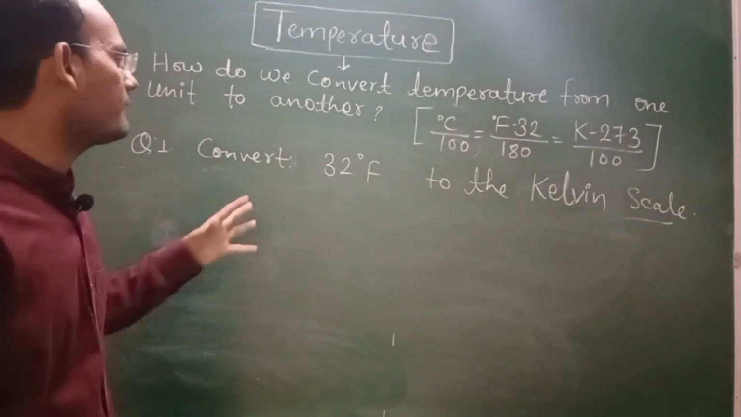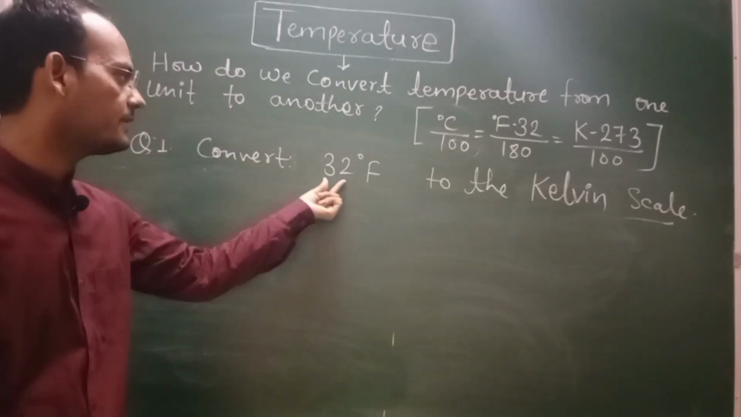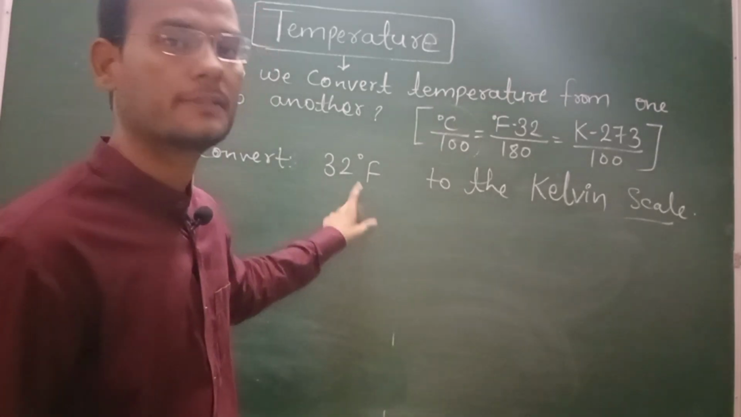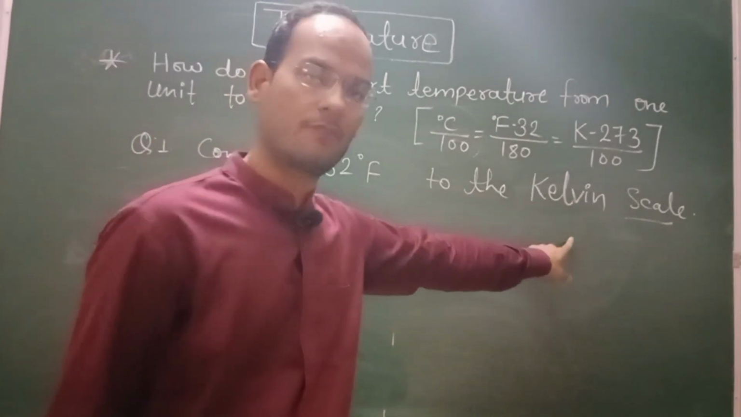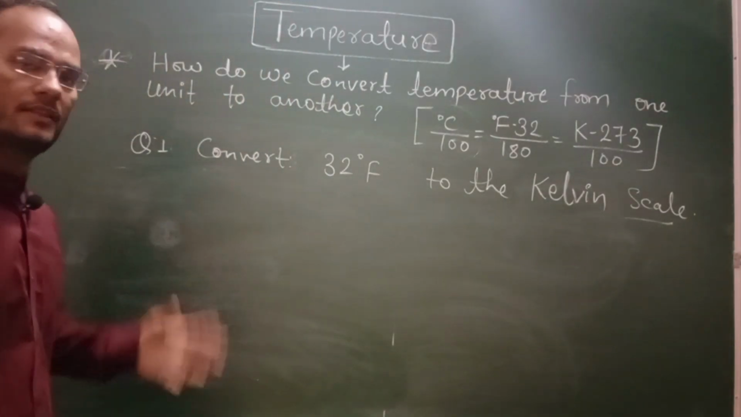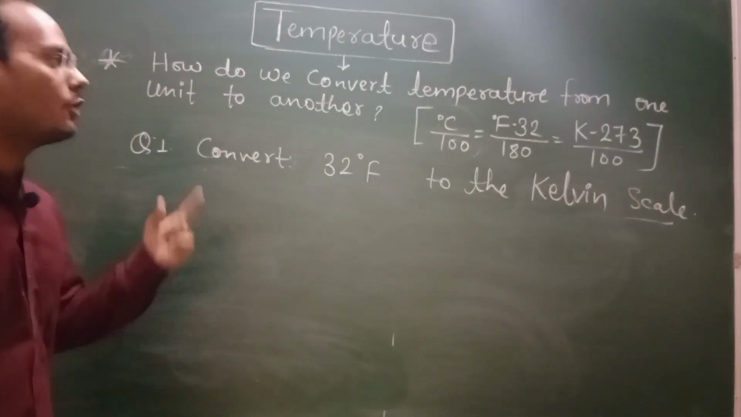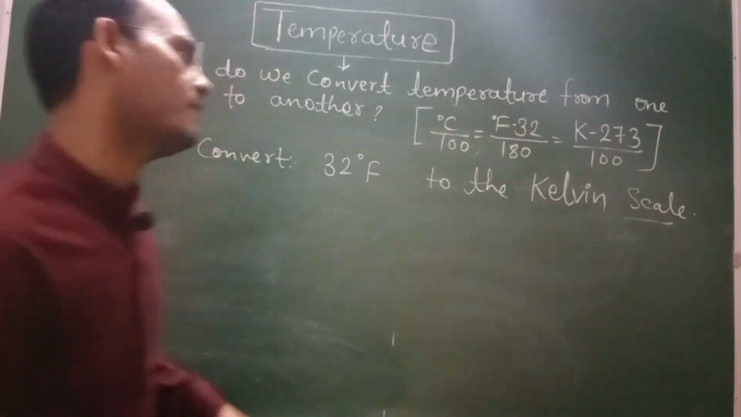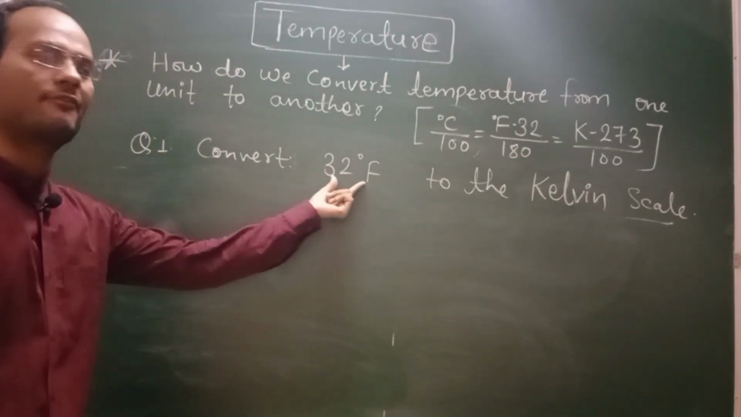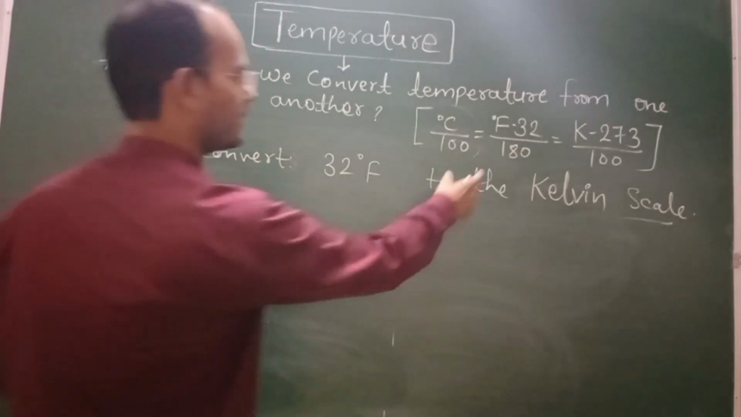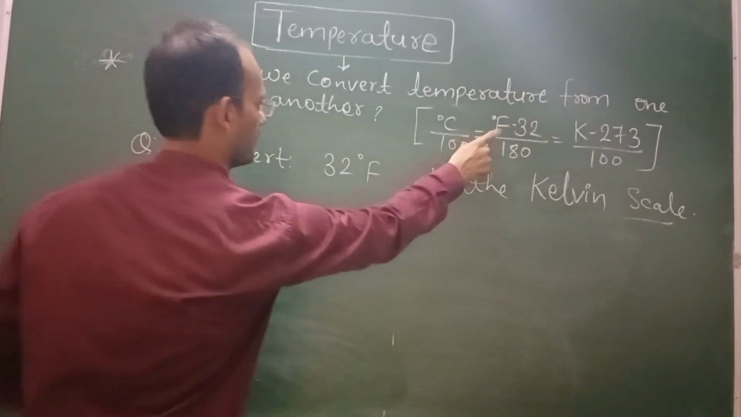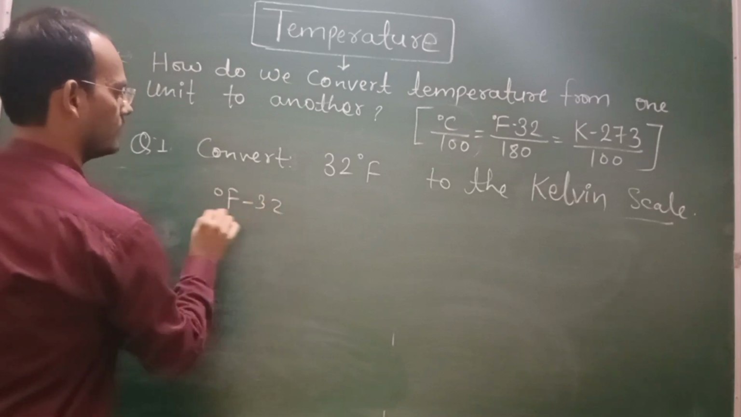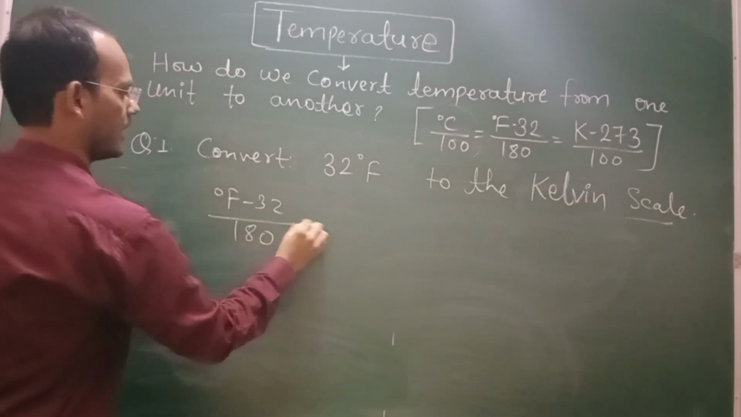This is another type of question, and in this question 32 degree Fahrenheit temperature is given, and we have to change this Fahrenheit temperature to the Kelvin scale. How can we change this temperature to the Kelvin scale? We need a formula, and we have to find this formula from this relation. So we have been given the degree scale, so take out the degree scale part: degree Fahrenheit minus 32 divided by 180 equal to